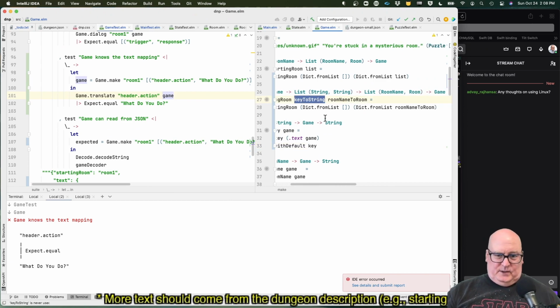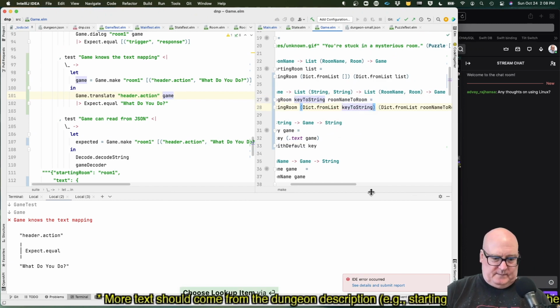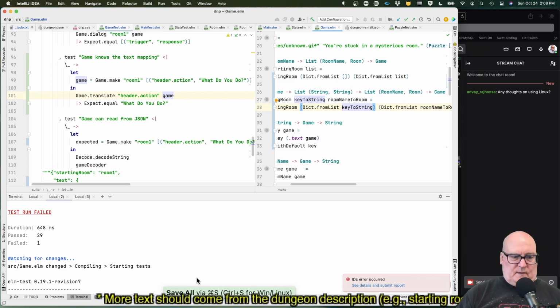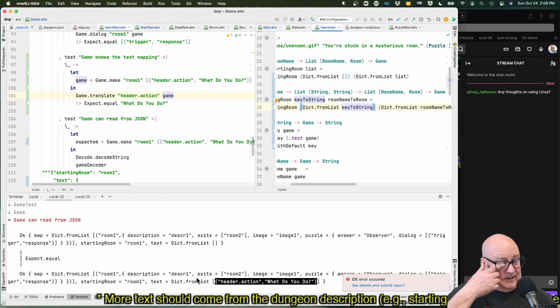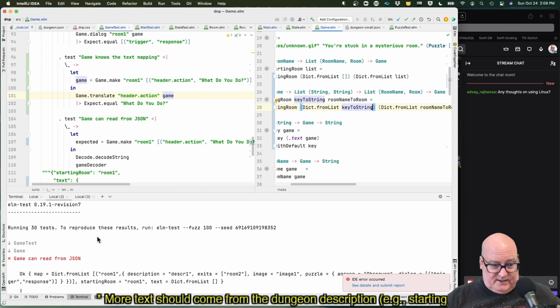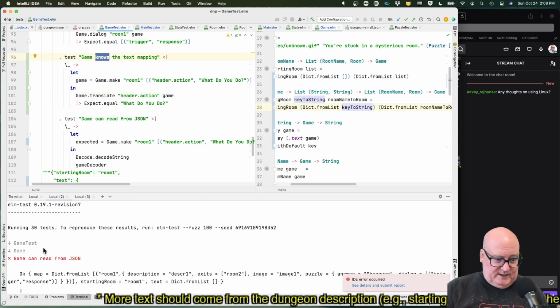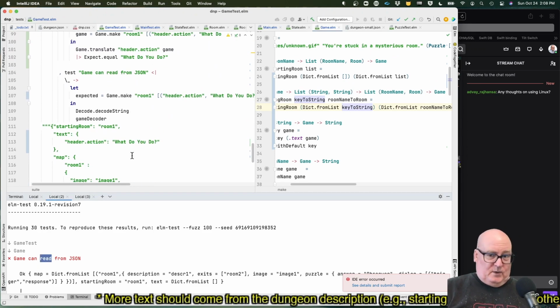All right, so what it should do is dictionary from list key string. Okay. Goodness. Okay. That looks like our next test failed. Okay, so I think that means this test is passing, but now the game reading from JSON is failing, which is correct.